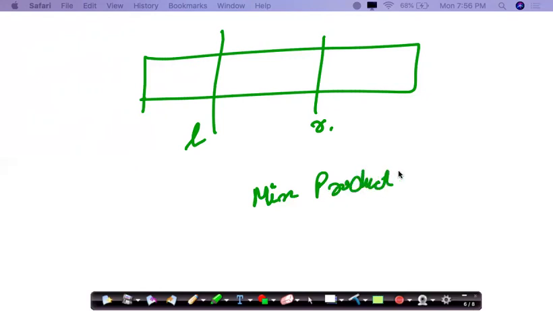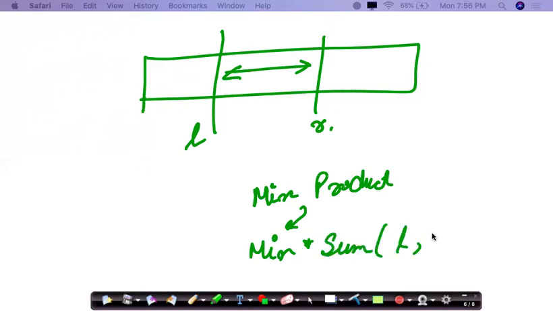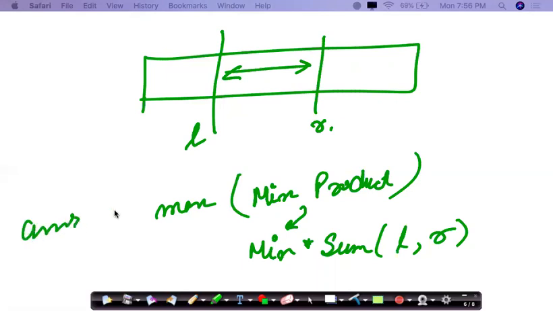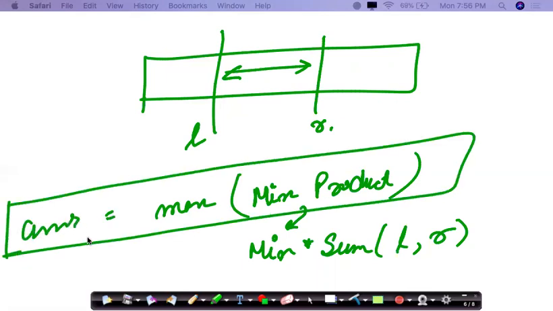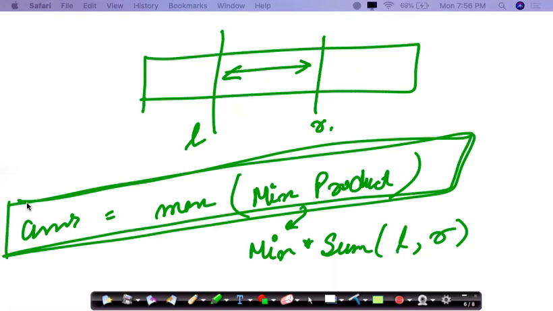So we can easily find out the min product by finding out the minimum element present in this subarray multiplied by the sum of the subarray from left to the right index. And the maximum of all the subarrays' min products will be our final answer. This is how we are going to solve this question.